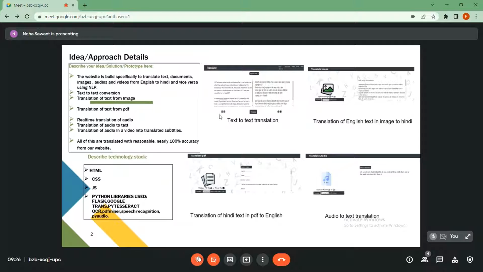In the first stage, we have implemented text to text conversion in which the user will give text as an input and that text will be translated from Hindi to English or English to Hindi using the Google Trans API. And next, we have also added the feature in which the user can give an image as an input and the text present in the image will be extracted by using the PyTesseract OCR and then it will be translated